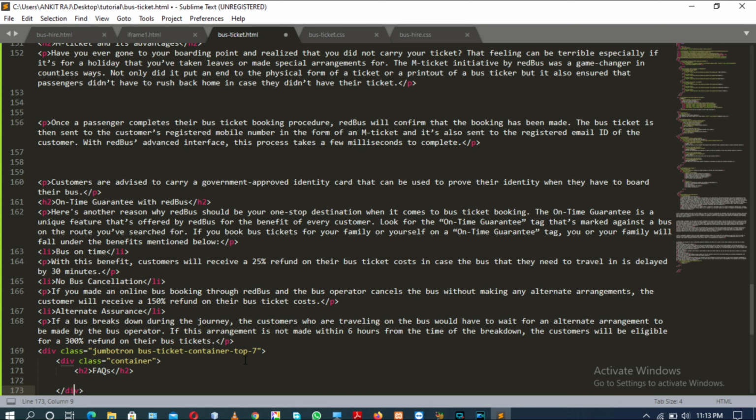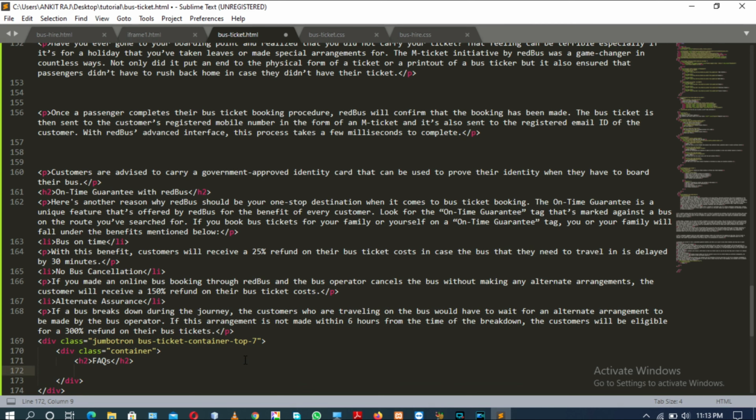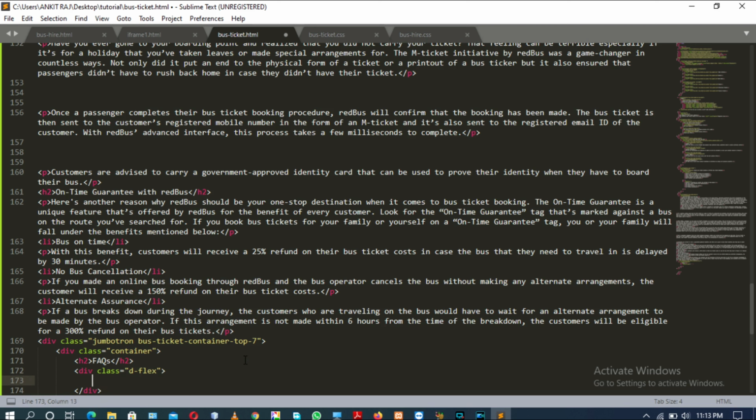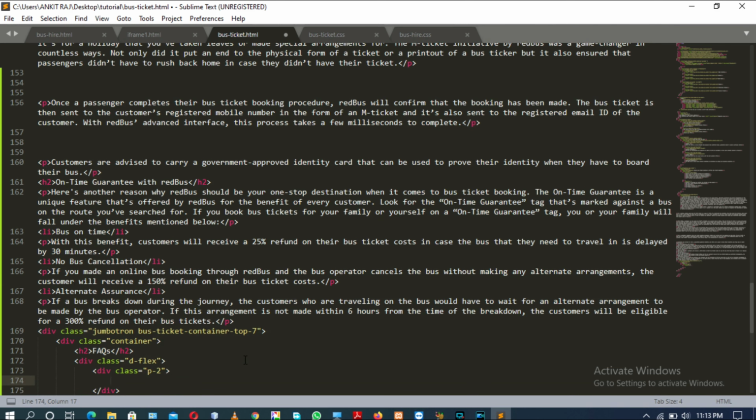Below the h2 tag there will be a div tag with the attribute class having the value d-flex. There will be another div tag inside the existing div tag with the attribute class having the value p-2,